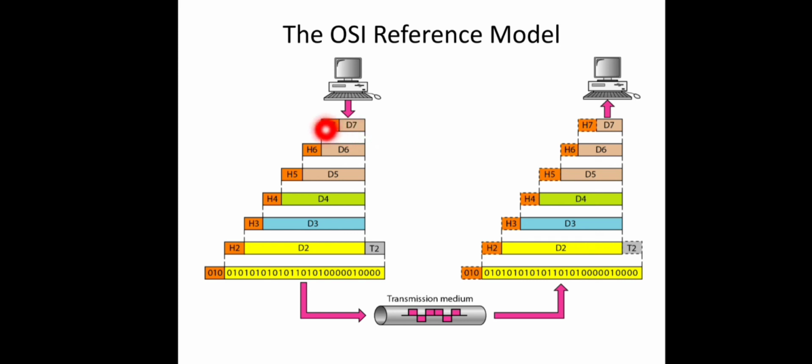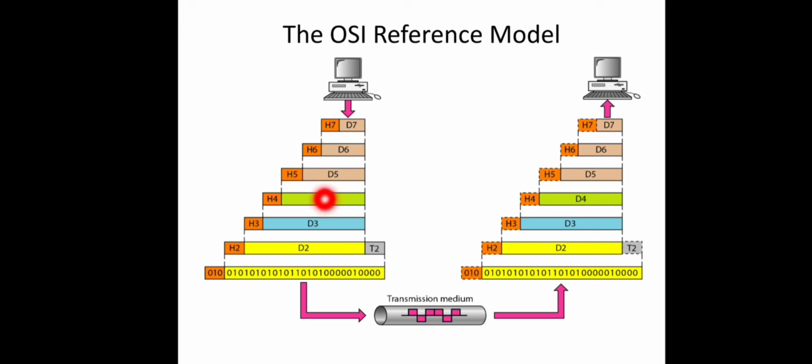A header also will be attached with that, and that data will be passed over to the next layer, that is the presentation layer. The presentation layer will convert this into some other form using translation, then encryption, then compression, right? A header also will be there. This will be passed over to the session layer. The session layer also will attach some header, and some synchronization points will be included, and token management techniques will be implemented. So that will be passed over to the transport layer.